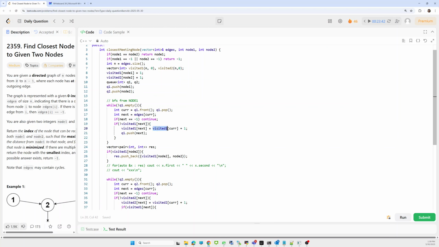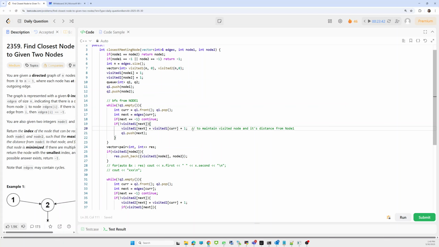Else we first update the visited array from the distance of the previous node. We use this visited array to maintain visited status and its distance from node 1.